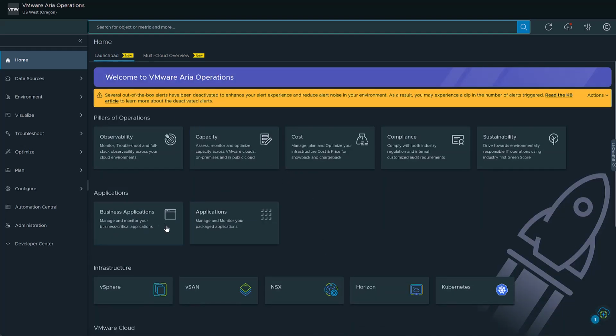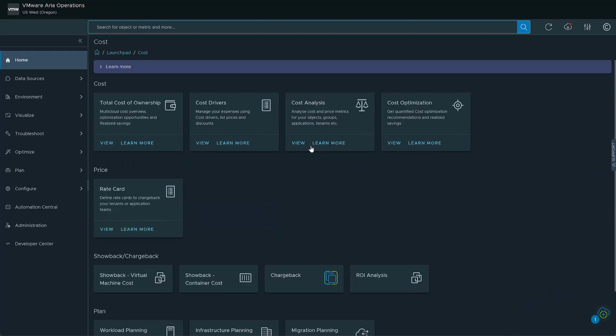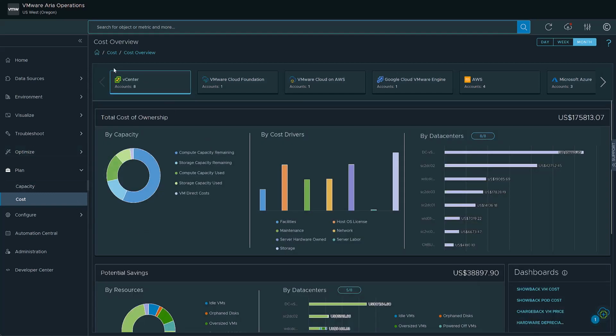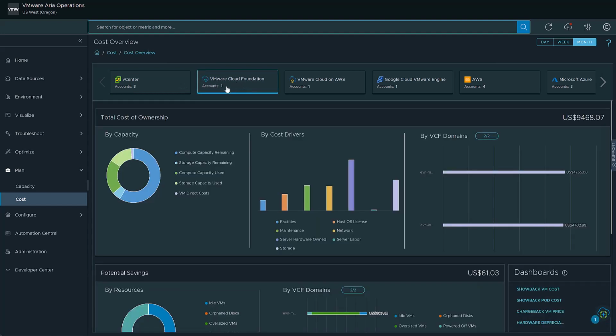Now, one other thing I'd like to call out is the cost. The cost pillar of operations has similar types of cards, like I mentioned for capacity. If you look at total cost of ownership, the page is laid out like the multi-cloud overview, where it gives you a quick look at the total cost of ownership of your different clouds. You can select the different types of cloud accounts that you have configured to take a look at what your total cost of ownership is for that particular cloud type. Same goes for